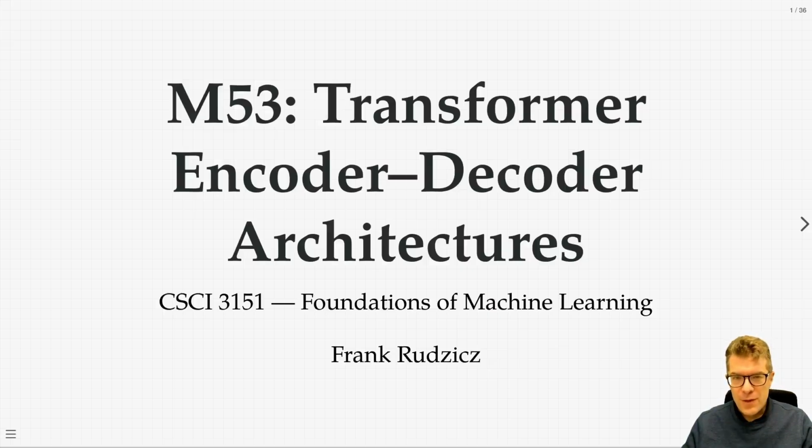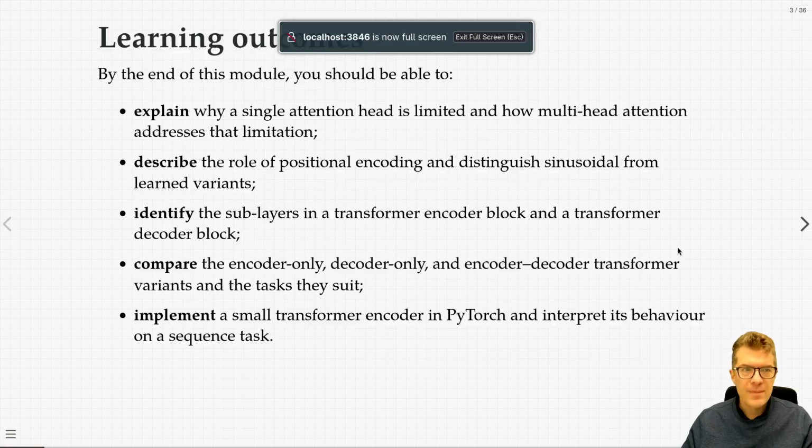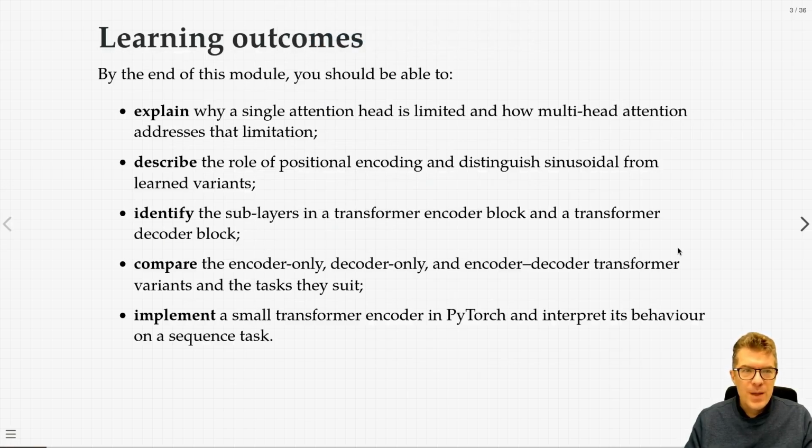Welcome to Module 53, extending the last module on attention mechanisms. Now we put them into what are called transformers in both encoder and decoder architectures. By the end of this module, you should be able to explain why a single attention head, like we talked